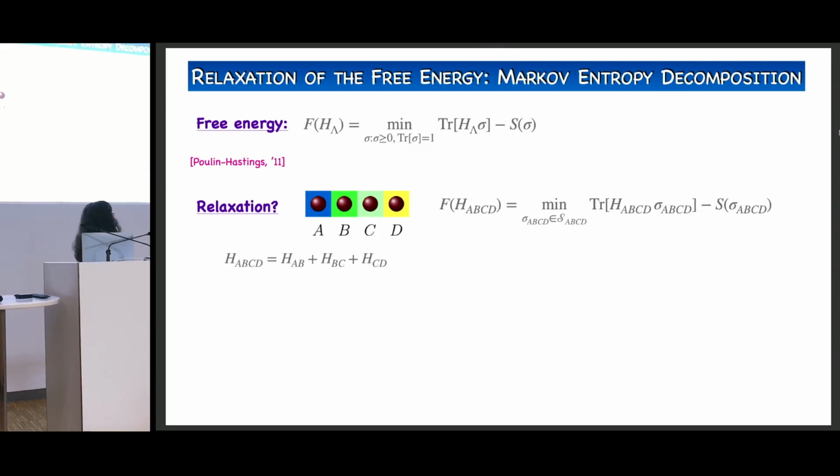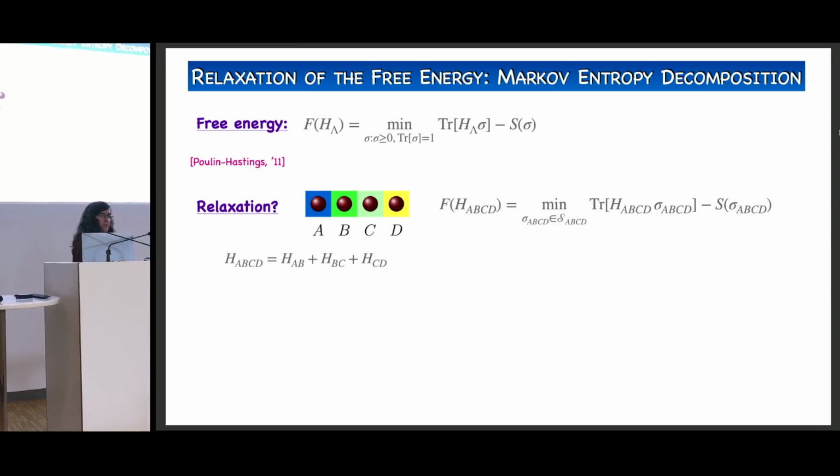What we want to do is provide another algorithm, or a relaxation of this algorithm, that allows you to compute something very similar to the free energy in a way that is much more efficient. For that, we are going to provide a relaxation that is going to exploit some of the properties of the system that I'm considering here. We can do this in a very general framework. This is something that is called Markov entropy decomposition.